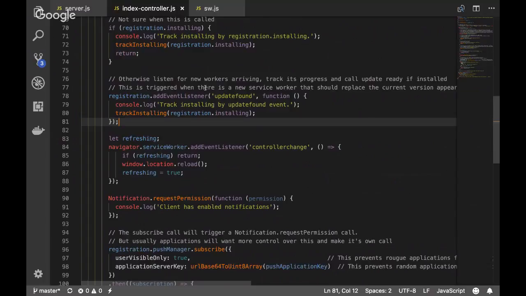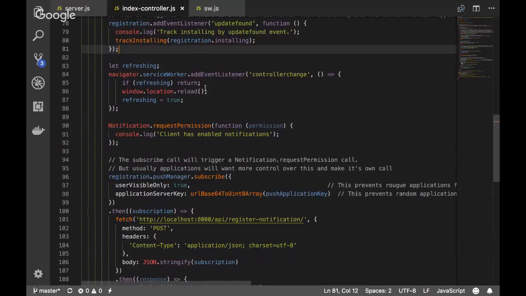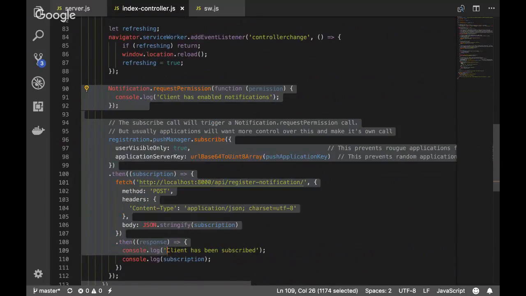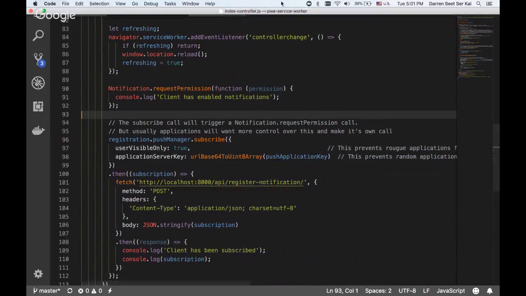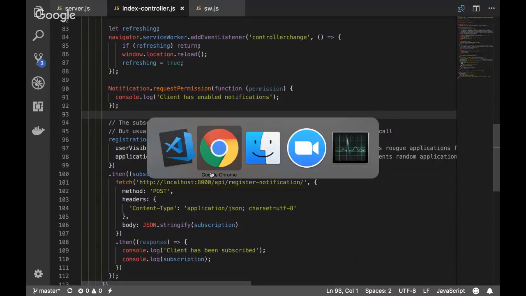And I have some notification code here as well. I was trying to show a demo here, but it didn't really work that well. Let's see if I could do it again.